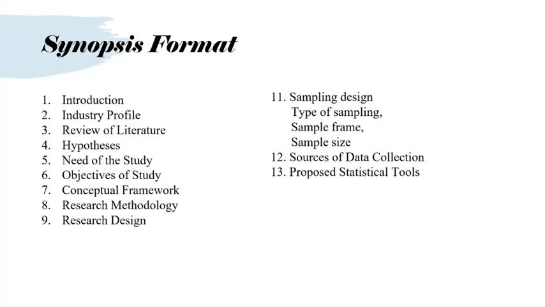Then you have to write about the proposed statistical tools which you will use for achieving your objectives and testing your hypothesis. Many scholars ask how can I write about this at the very first stage. So the idea is that you have to discuss with your senior scholars or your guide, who will be able to tell you, based on your conceptual model and the hypothesis, the statistical tool which will best suit your study, so that you can have a good answer.